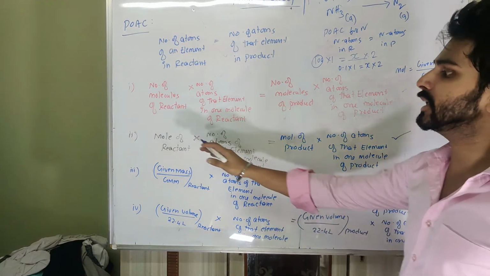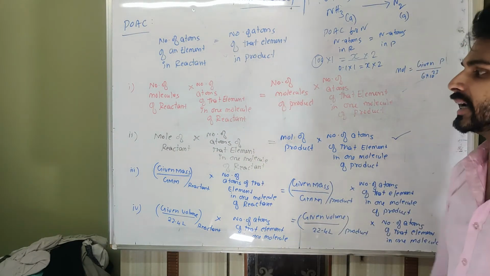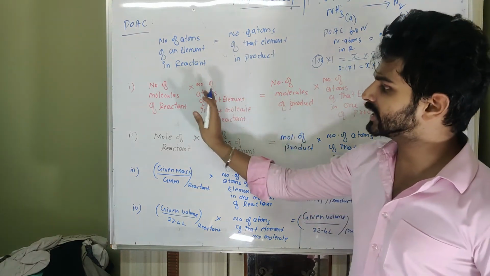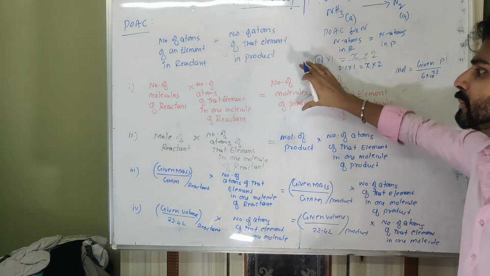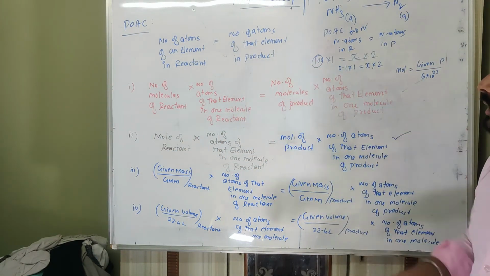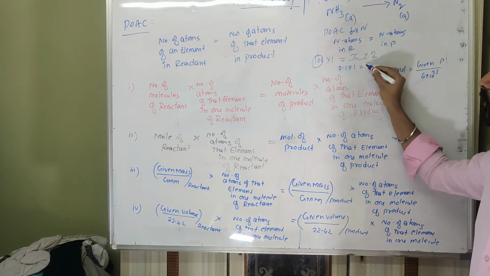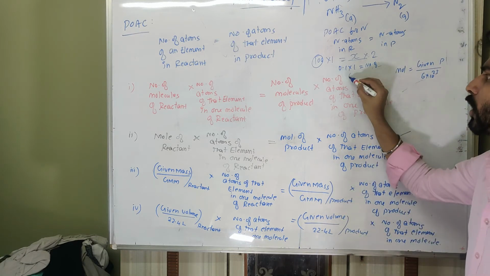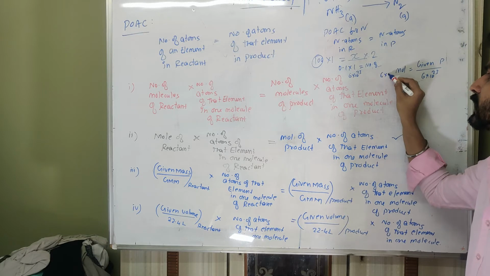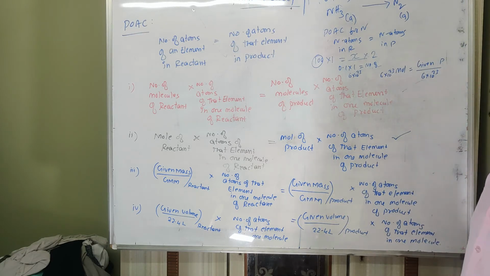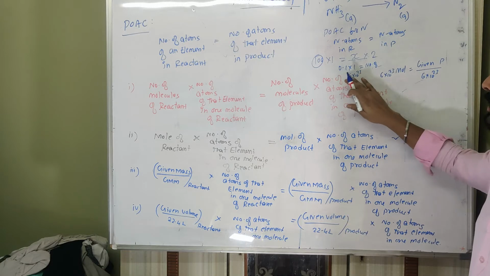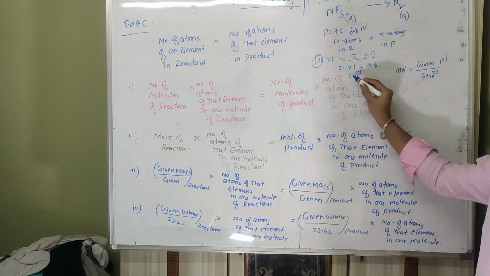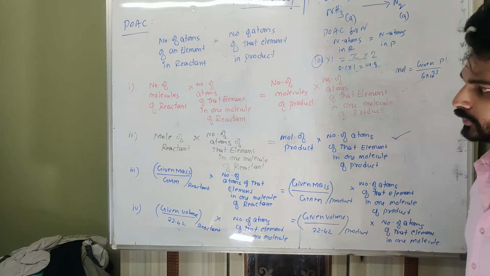So not necessarily in both the cases you have to convert into mole. If the given data is mole and we are asked to calculate the number of molecules, then the left hand side will be kept as moles and the right hand side can be kept like this because they are equal. Here you can keep this as number of molecules, no problem. But in that case you have to remember, you cannot cancel out this 6 into 10 raised to 23. We have to keep that, because we have not converted both the cases into mole.